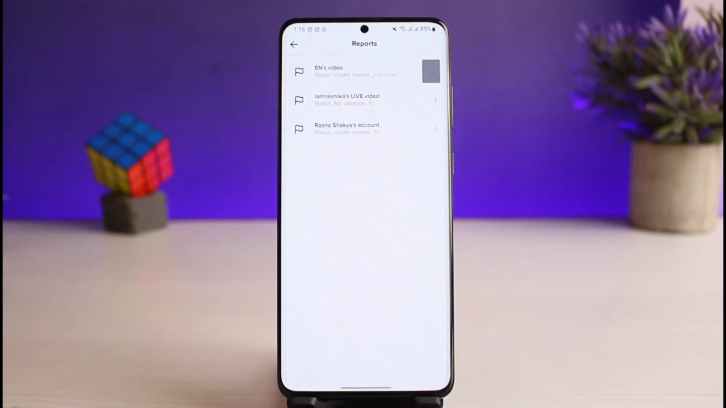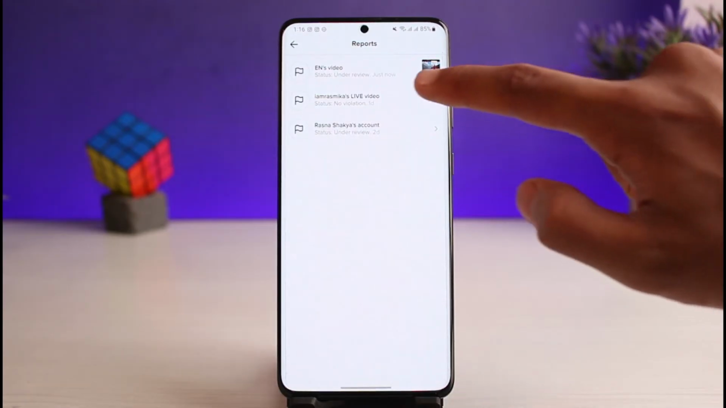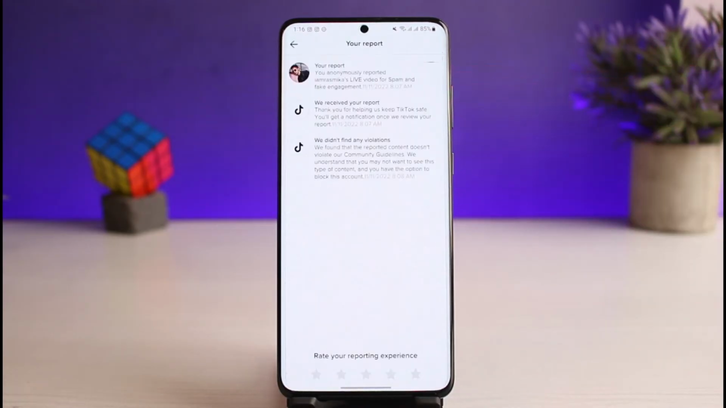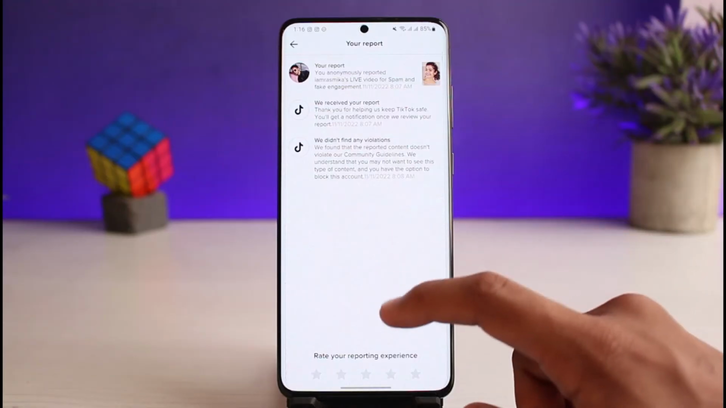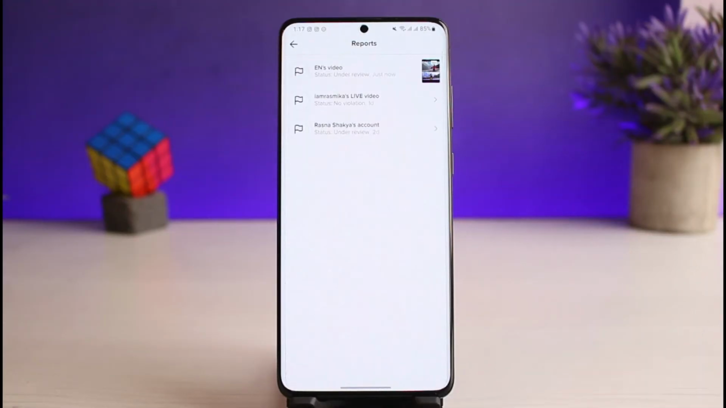As you tap on the view your reports option, you'll be able to see a list of videos and reports that you've made on TikTok. So if you want to unreport someone, just tap on that particular report and you'll be taken to this page where you'll be able to find all of the reports. However, you should keep in mind that once you send a report to TikTok, there is no way that you can actually undo it or recover that report,